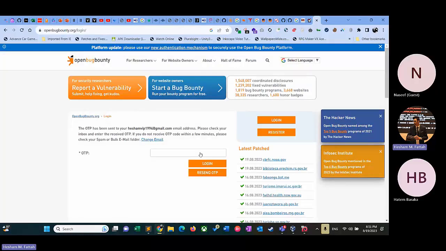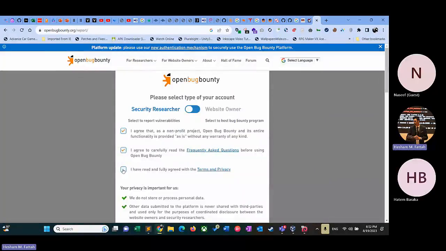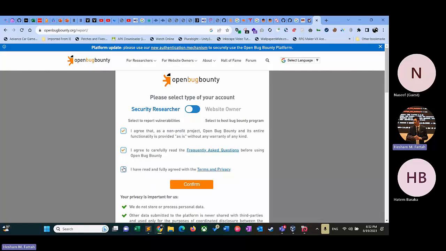Okay, there is an OTP password. Let me get it. Okay, yeah, it's actually hard to write, but let me go. Star, dollar percent S T capital hash T and Z capital. Let me log in, and you can click on report vulnerability, just agree, and they tell you here not to exploit